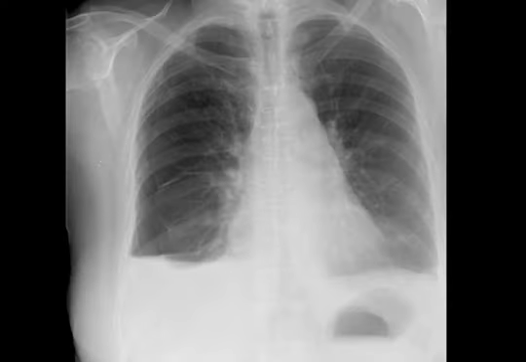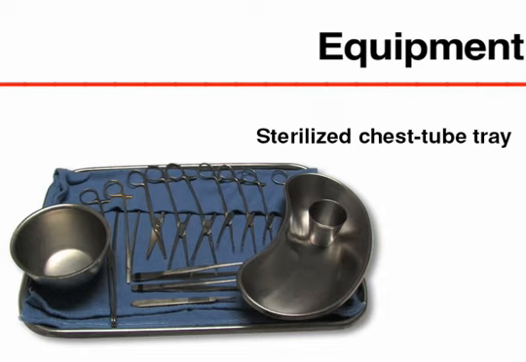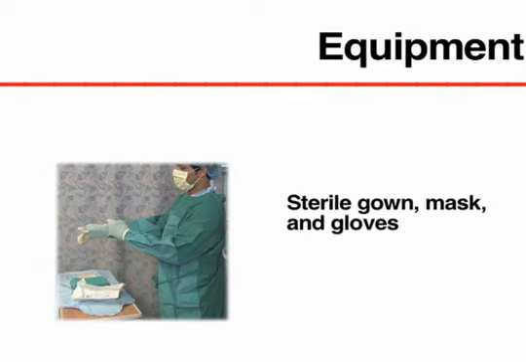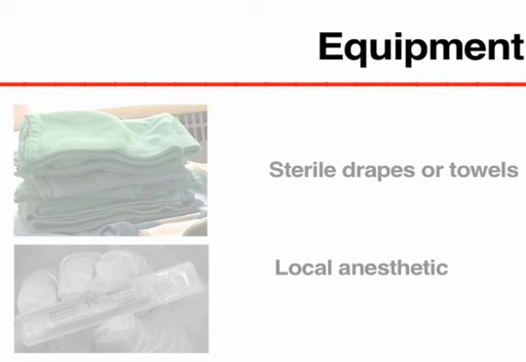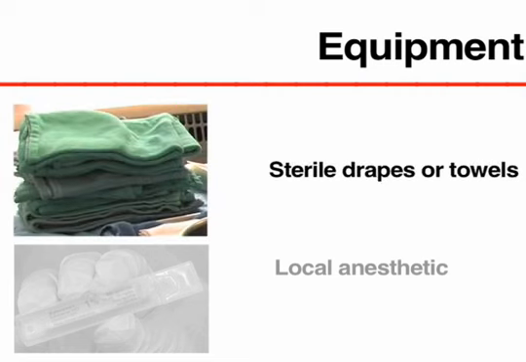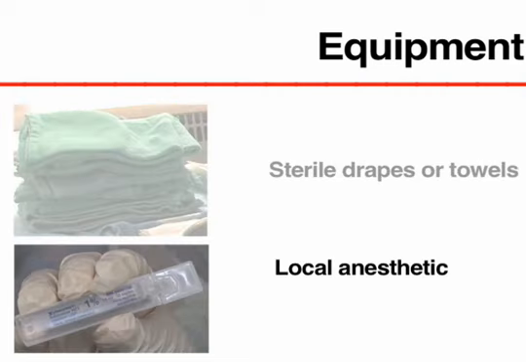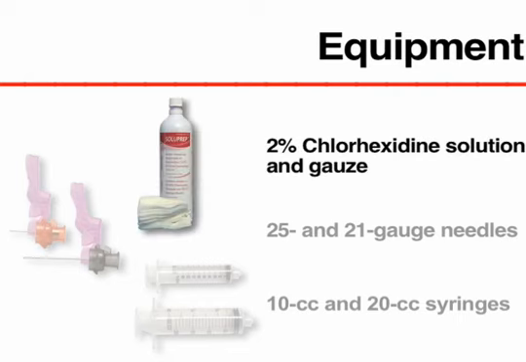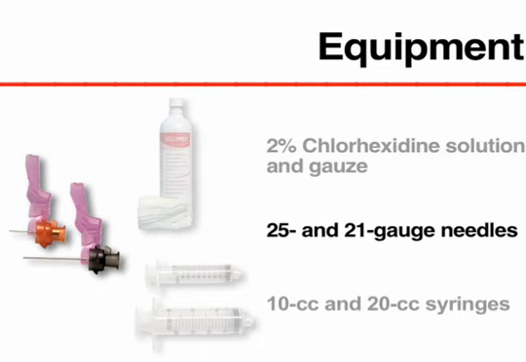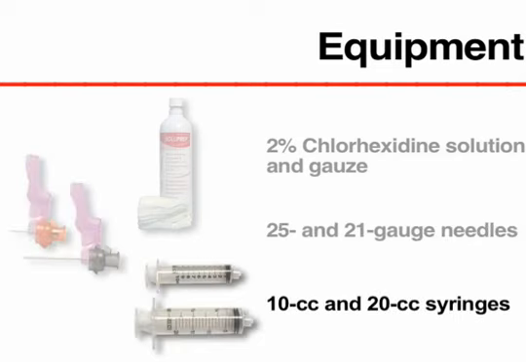A chest X-ray should be performed when possible prior to the chest tube insertion. Sterilized and fully prepared chest tube trays are often available in the hospital. The key materials required in addition are a sterile gown, mask, and gloves, sterile drapes or towels, local anesthetics such as 1% lidocaine, chlorhexidine cleaning solution and sterile pieces of gauze, 25 and 21 gauge needles, 10 cc and 20